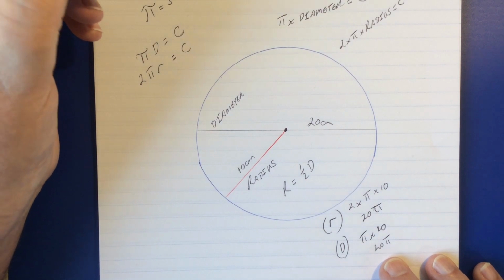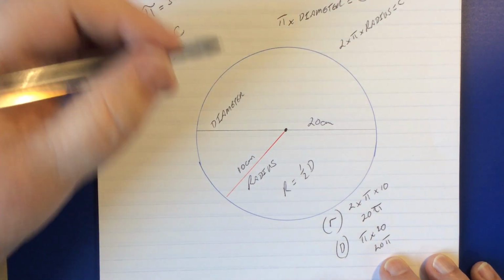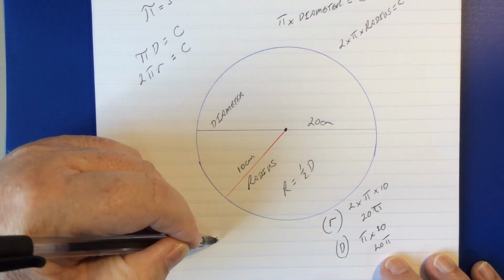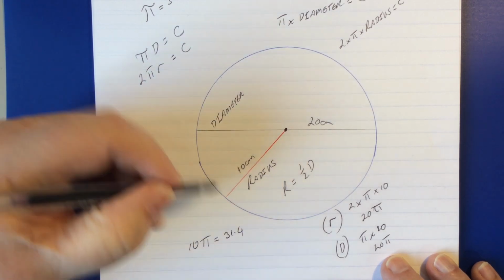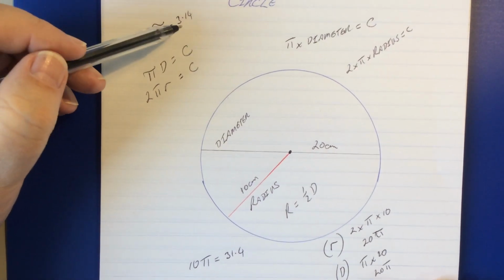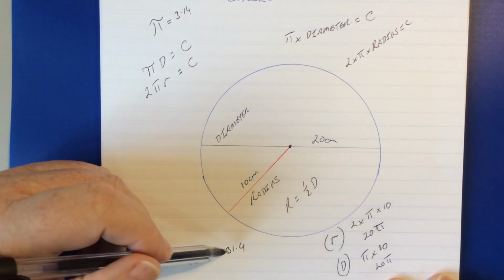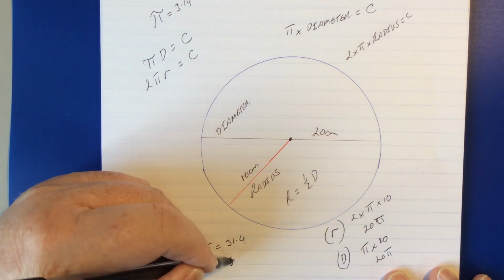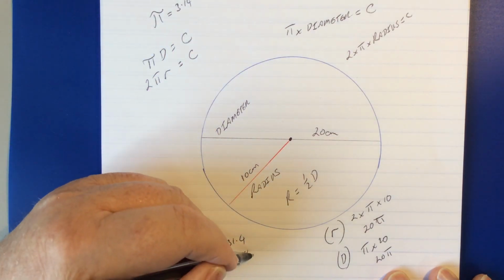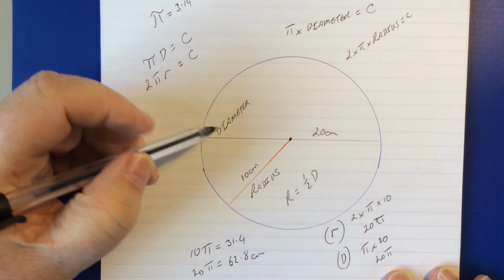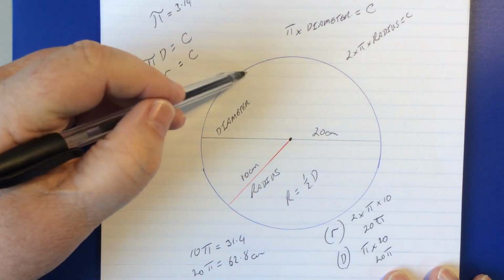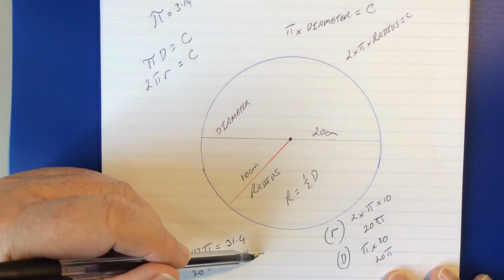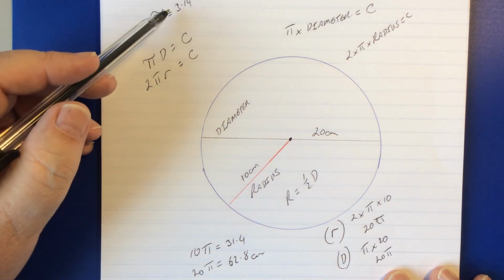Now, what is 20 pi? Well, 10 pi is equal to 31.4 if I use this value here. So it's approximate, but that will do. And so 20 pi is equal to 62.8, and that is centimeters. So if this is 20 across here, the distance around here is 62.8 centimeters approximately, because the value I used